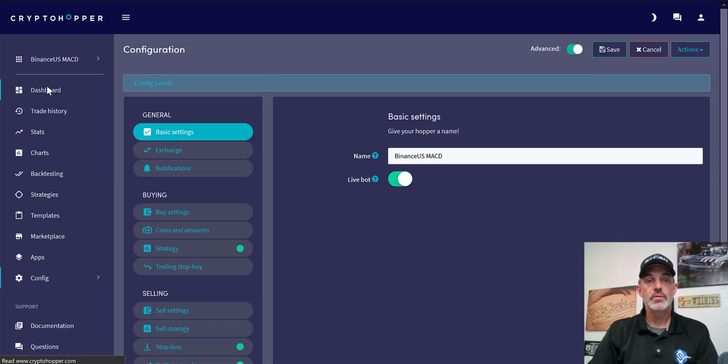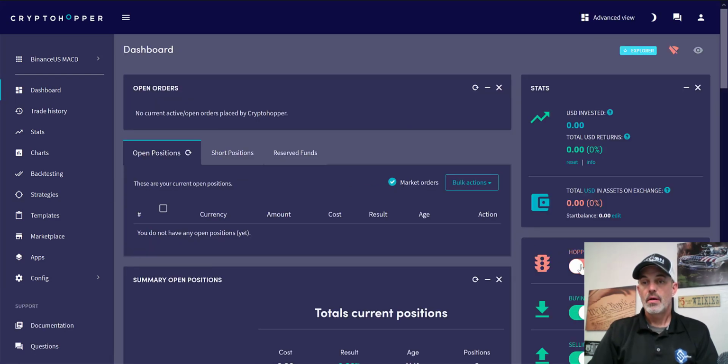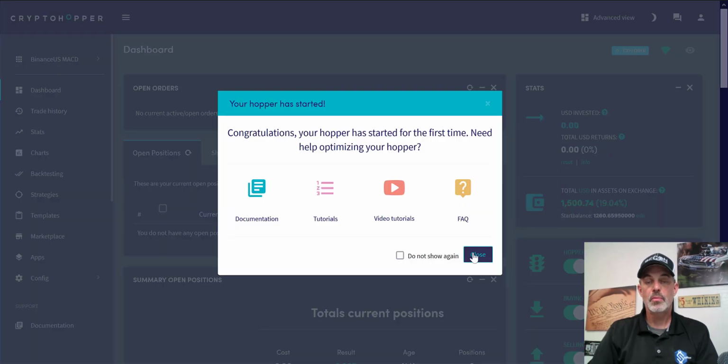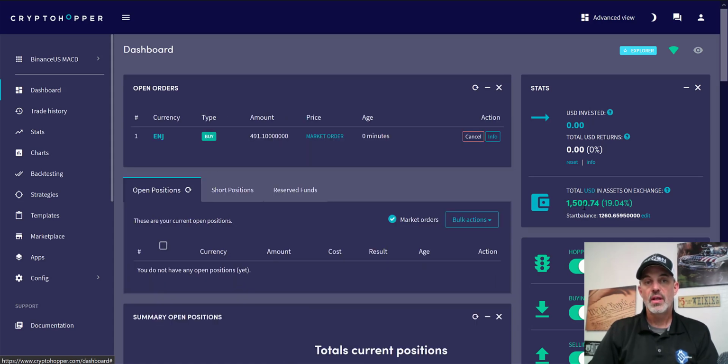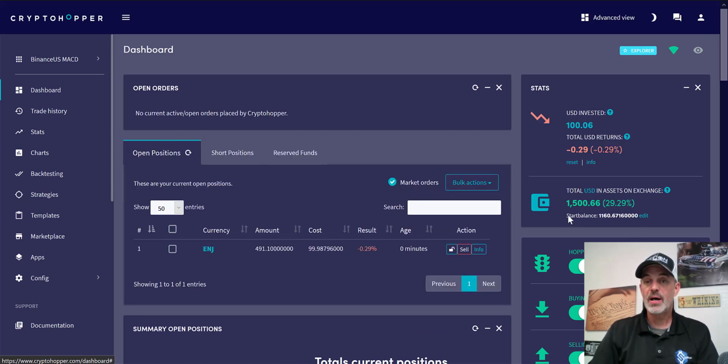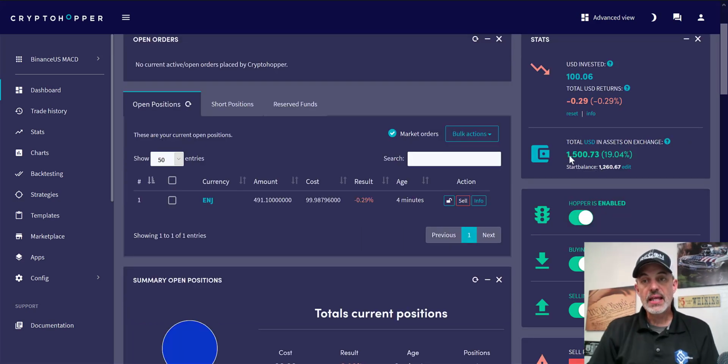Go to the dashboard, enable the hopper, and it should pull my balance in a moment there. And so I'm going to edit this amount. Some of this balance is included in, and we can see we already got a buy on ENGINE. So already getting some activity on this bot. And since I like this to start out at a 0 balance, I am going to go ahead and update the amount